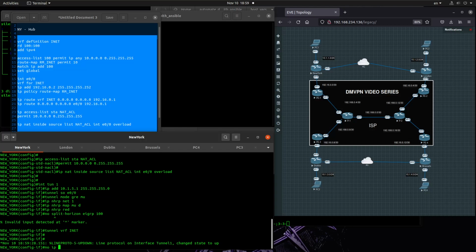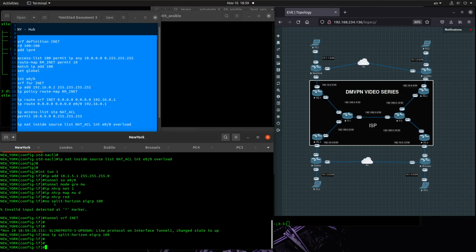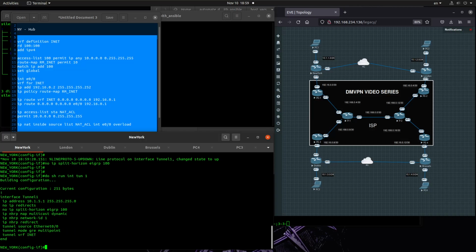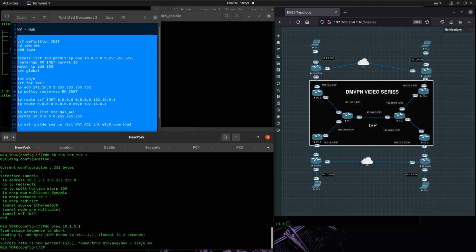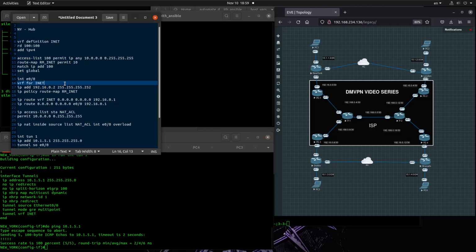It's no IP split horizon NHRP 100. Okay, and you see the tunnel is up, 10.1.5.1. So basically that's all it is, front door VRF. So we have to do the same thing on the other routers, on the spokes,